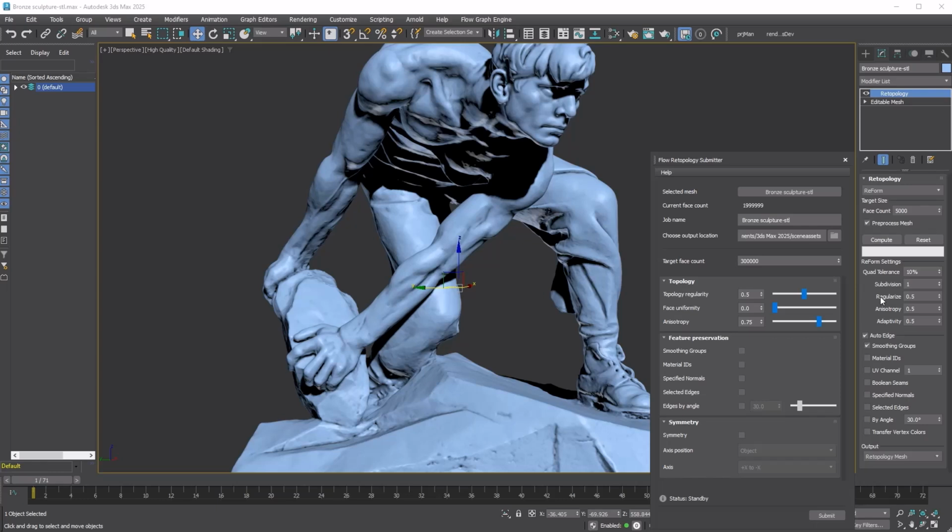In the modifier, we have regularize, adaptivity, and anisotropy. In Flow Retopology, the equivalent options are topology regularity, face uniformity, and anisotropy. So, topology regularity corresponds to regularize, and face uniformity corresponds to adaptivity. We don't have control over the quad tolerance and subdivision settings. Quad tolerance is always set to 100, and subdivision remains fixed at 1. Even when I used the modifier, I never adjusted these settings, so you're not missing out on much by not